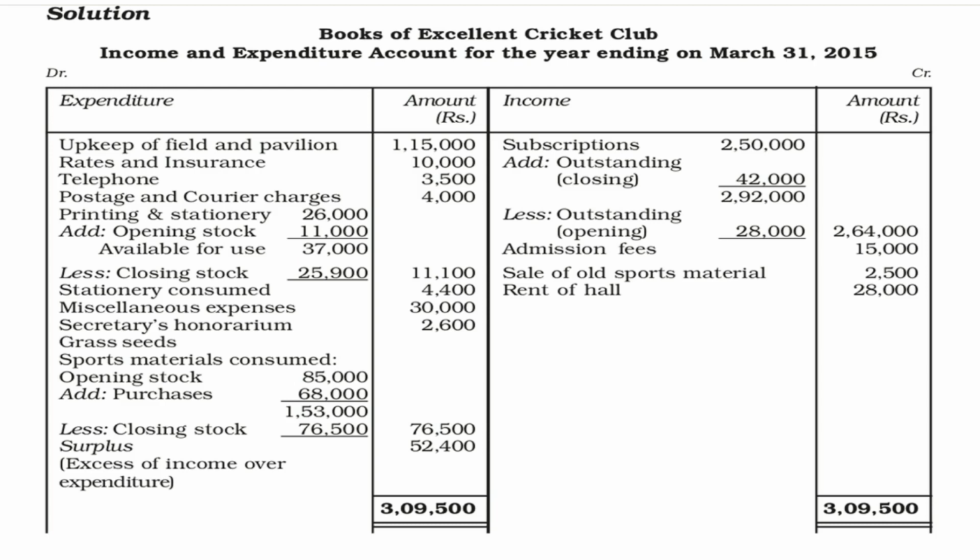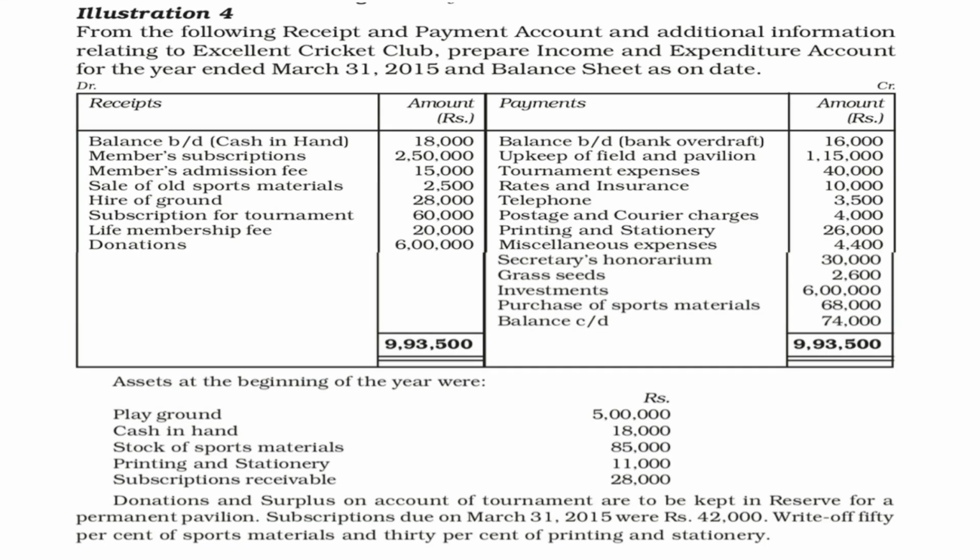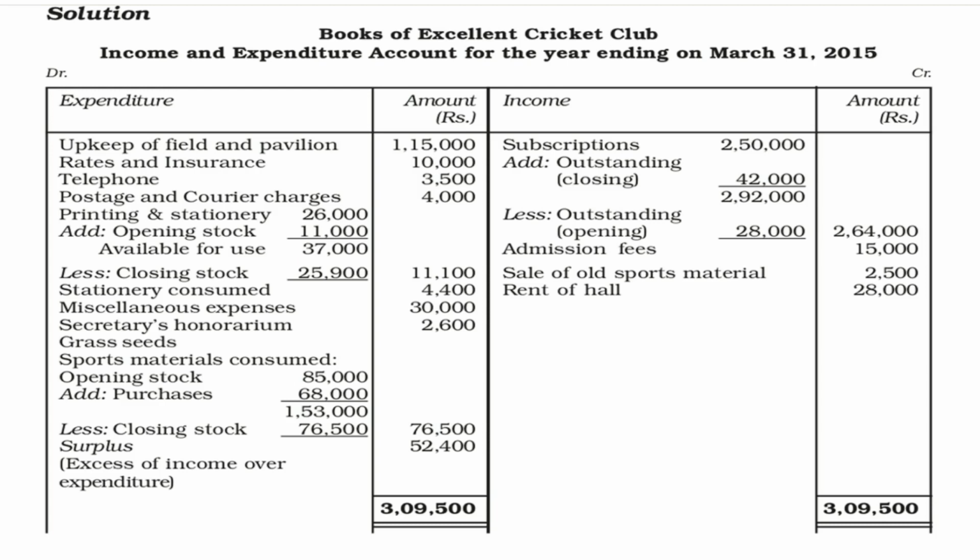The next item is printing and stationery, an item of expenditure taken on the expenditure side of the income and expenditure account, but adjustments are there. In case adjustments are there related with printing and stationery, then the printing and stationery is taken in this way. The printing and stationery at the opening is taken in the inner column of the income and expenditure account expenditure side. Then the amount spent for purchasing the printing and stationery, or the printing and stationery purchased during the year,